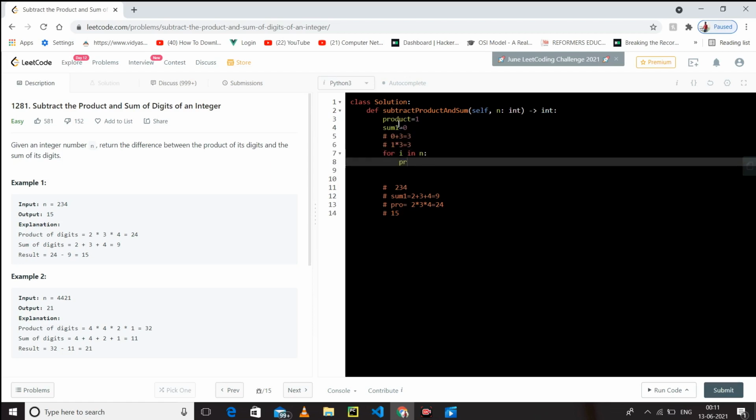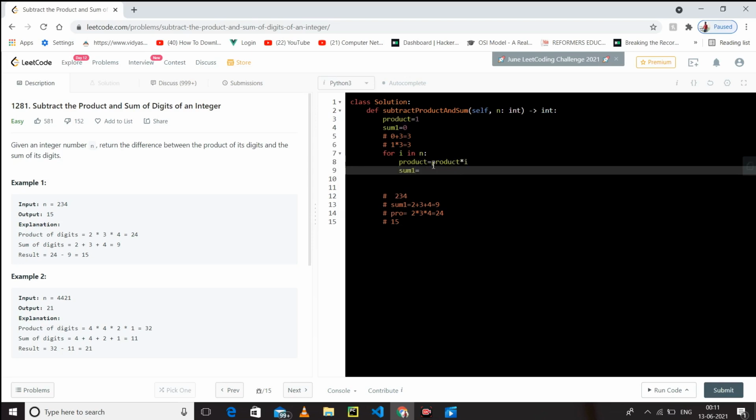So let's do product multiply, it is a shorthand, we call it shorthand. Otherwise you can also write it as product equals product into i, sum equals sum plus i.